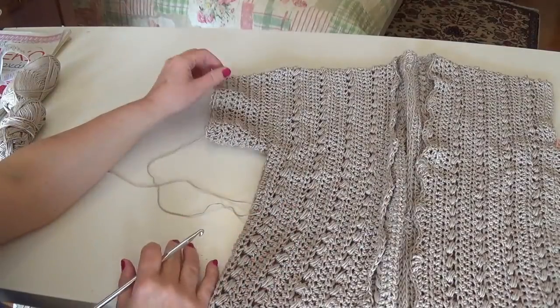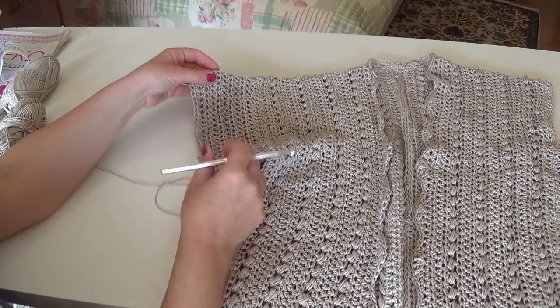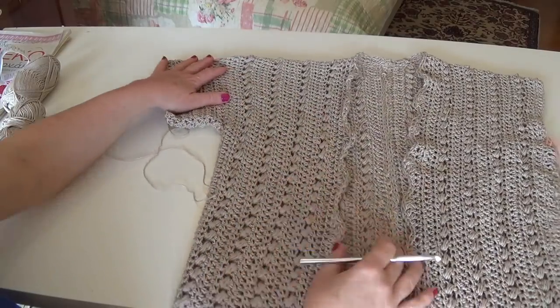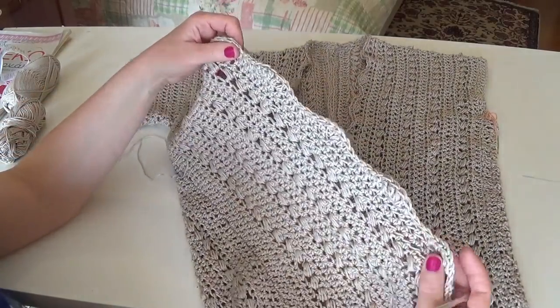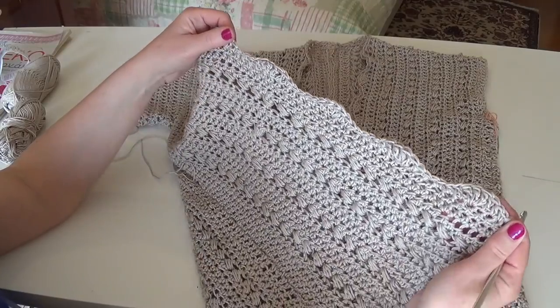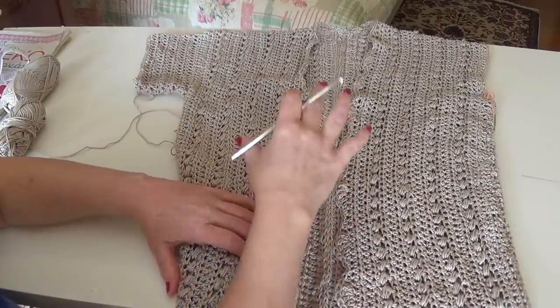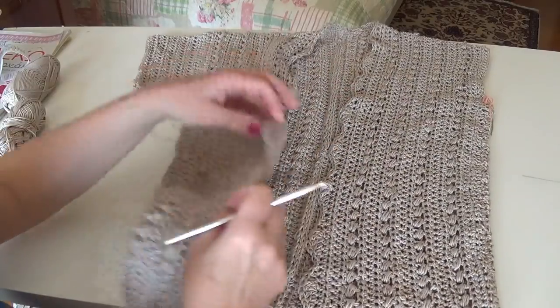I have already begun the other sleeve, and I will show you the other part. And finally I worked a wavy edging all over the front panels and the back neckline. So